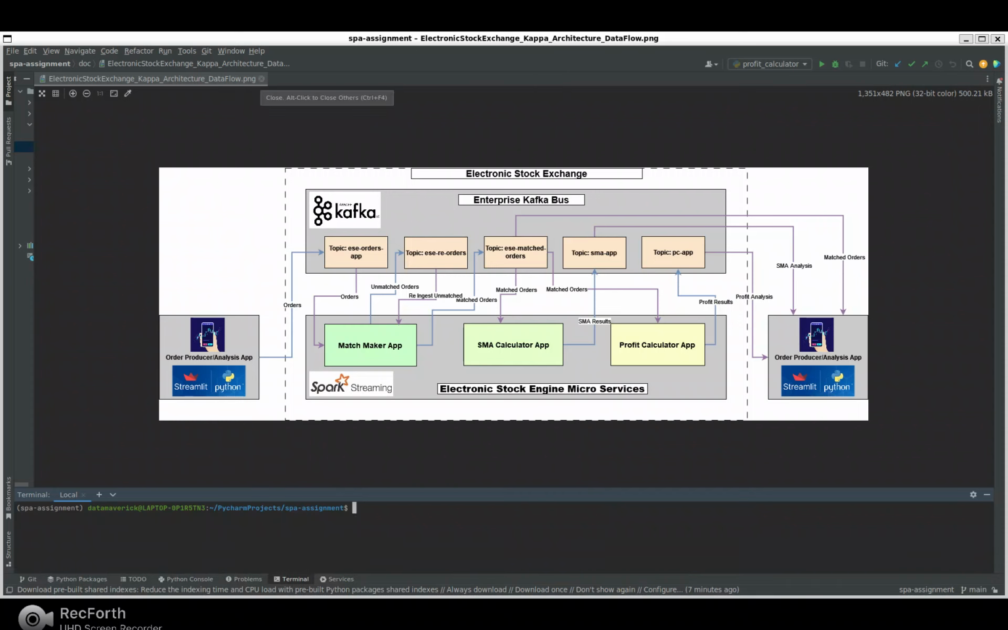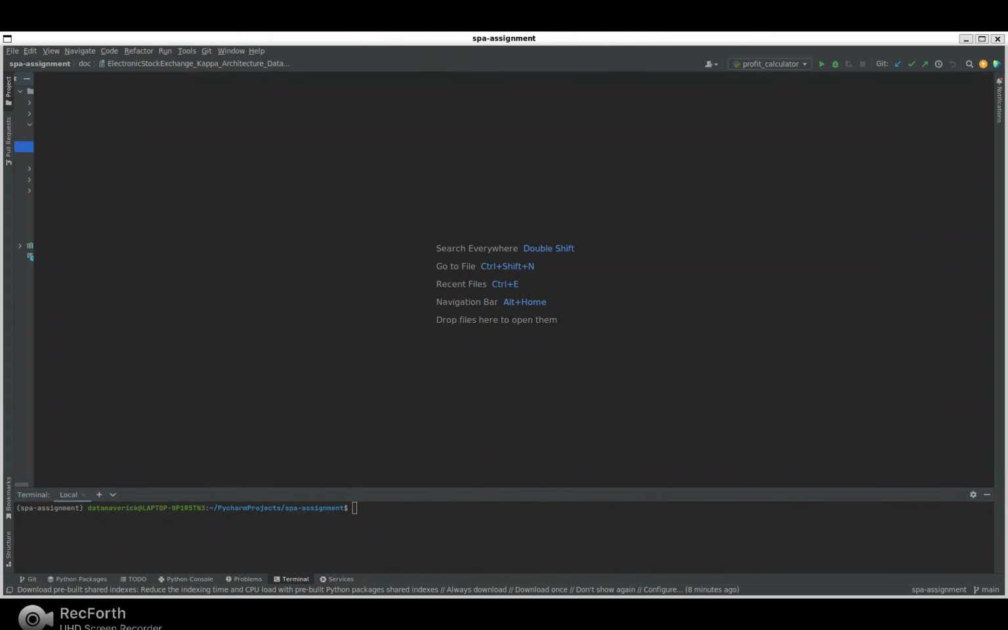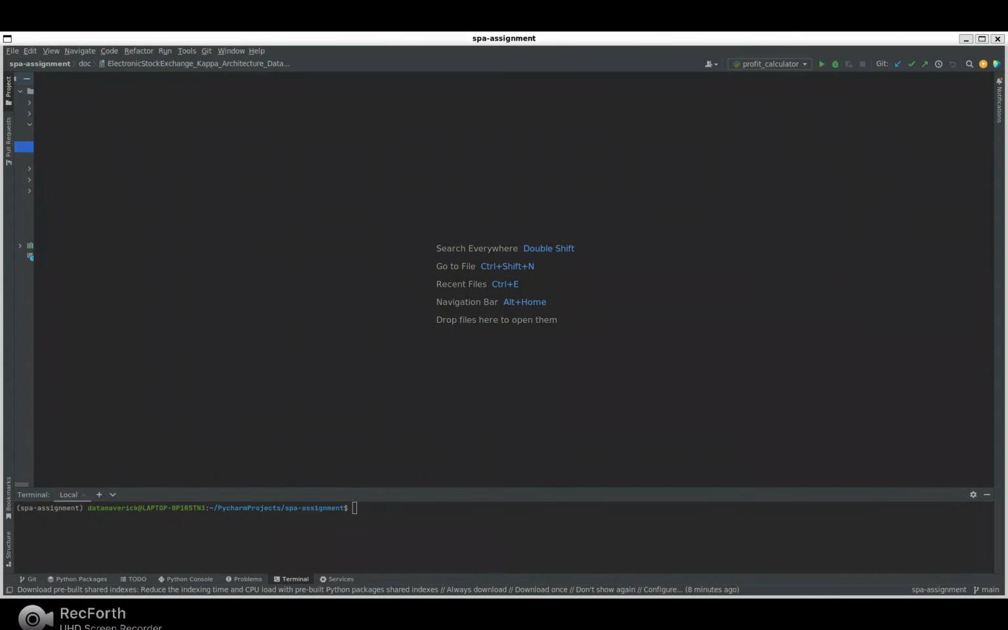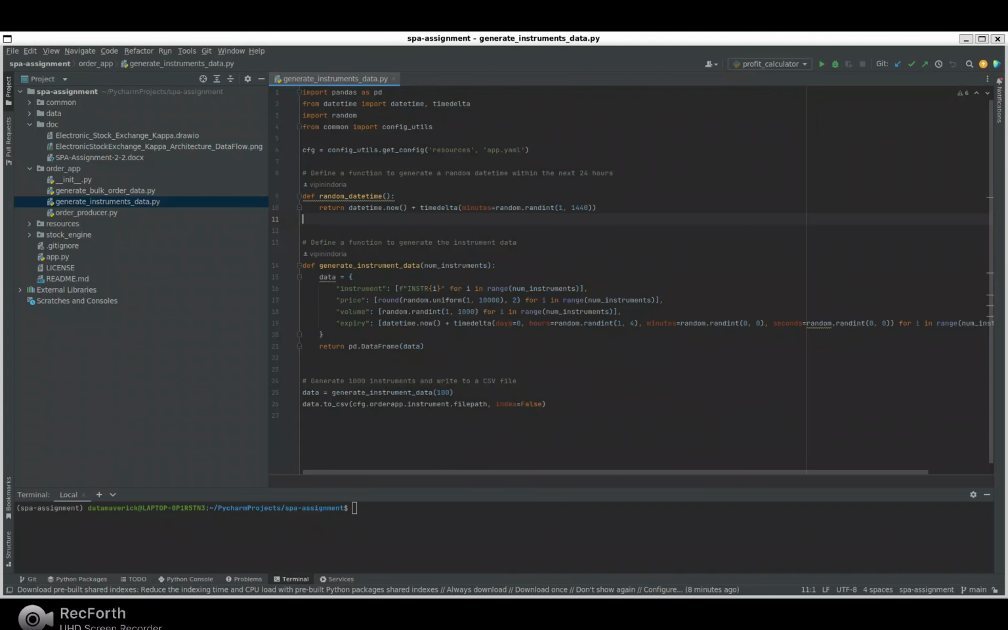Now, hopefully this is clear. Then first we will work on this architecture diagram. First we will go to the order application. So before that, since we are simulating these orders, first of all we need to generate